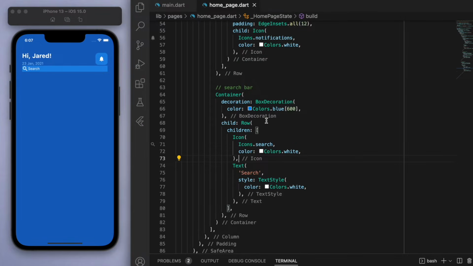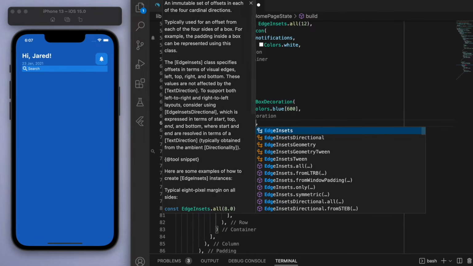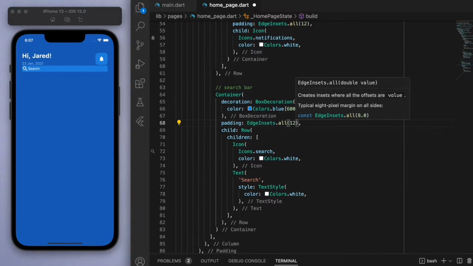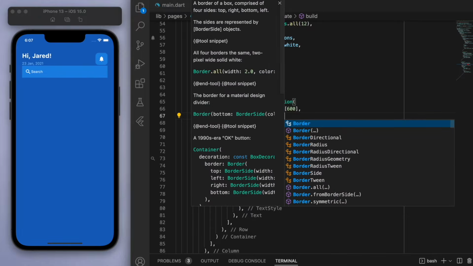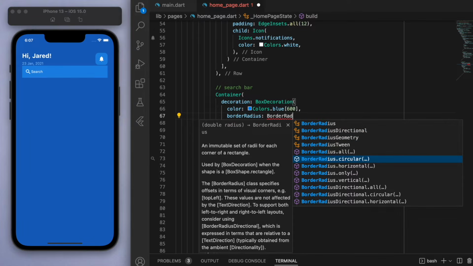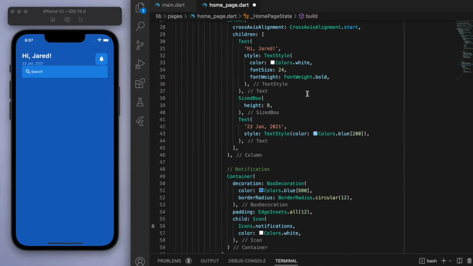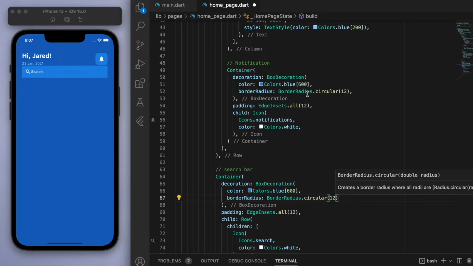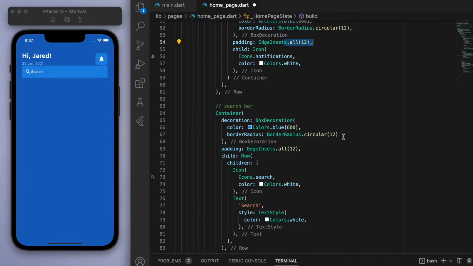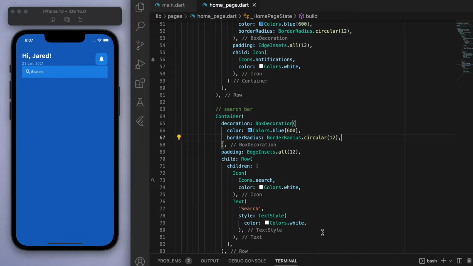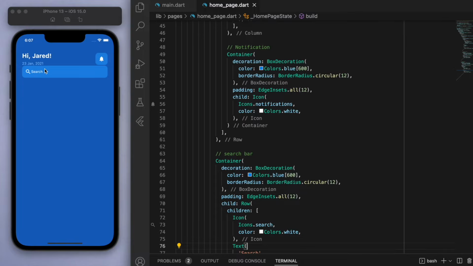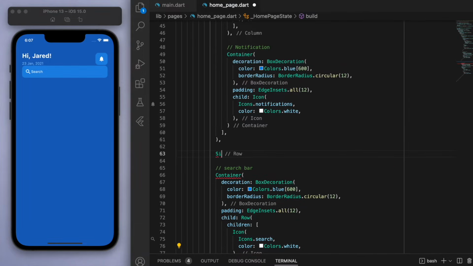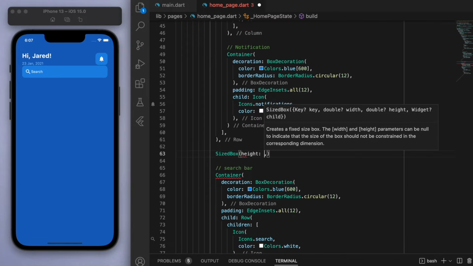Okay, it's looking good so far. Add some padding here. And let's make this border radius 12. What did I make it for the other one? I made it 12 as well. Okay. Cool. And I want some space between that, so let's just add a sized box, height of 20,